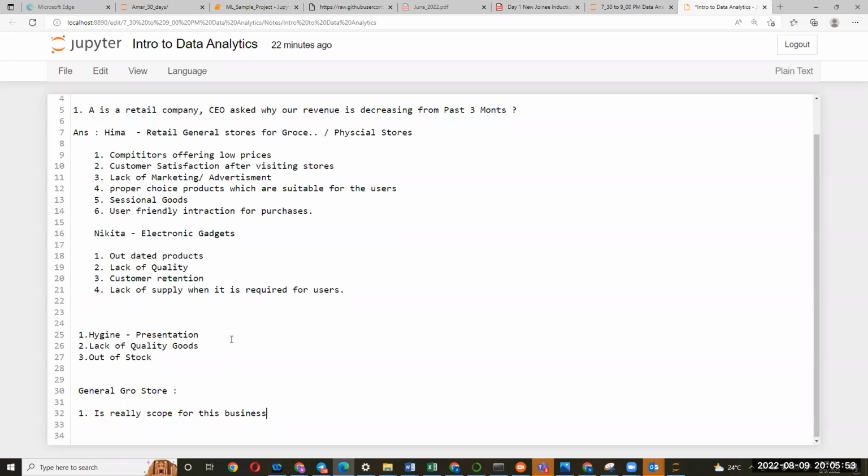And mainly regional stores, like if it is in the US, regional Indian stores or something. So we have to check whether there is any particular population related to that particular region. Yeah, those are my points.